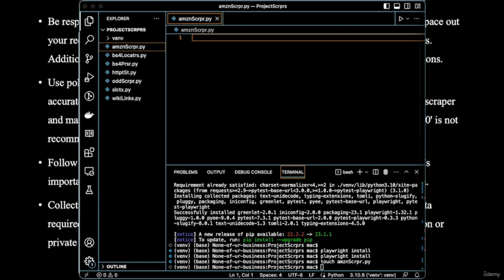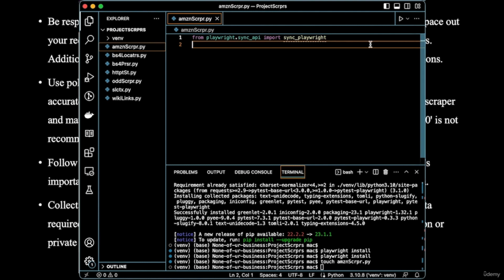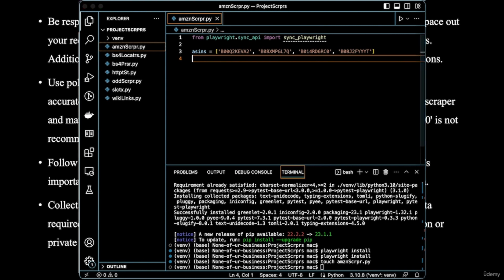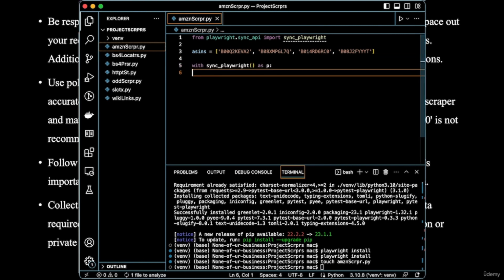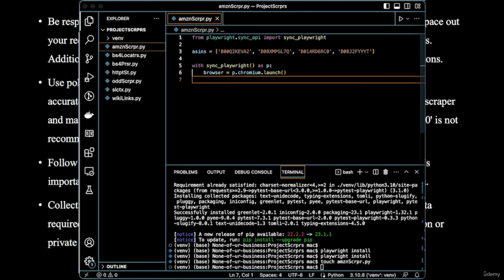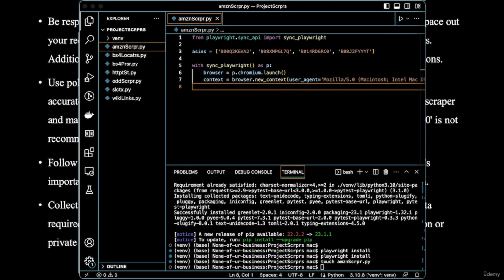So the first thing is from playwright.sync_api import sync_playwright. This line imports the sync_playwright function from the Playwright Python library, which is used to automate interactions with web pages. We create a list of the identifiers containing four Amazon